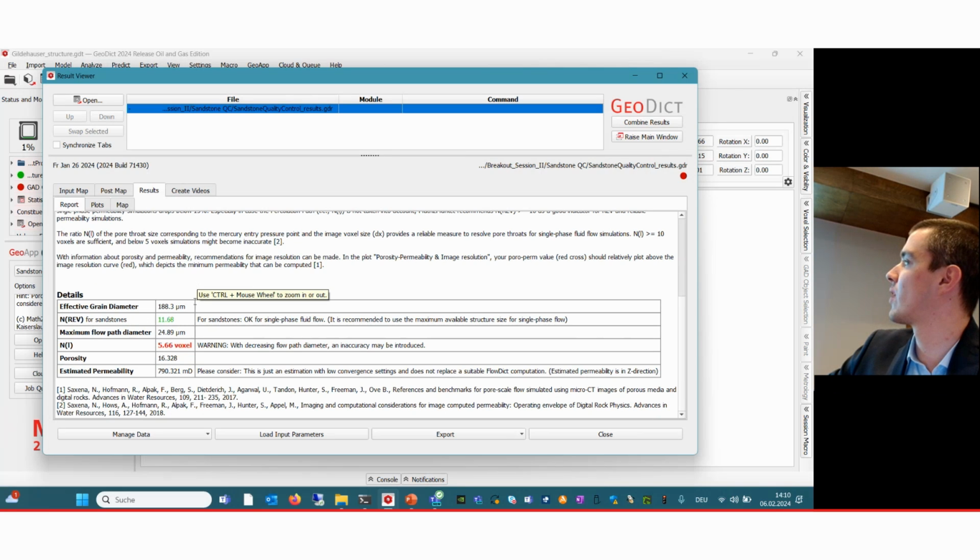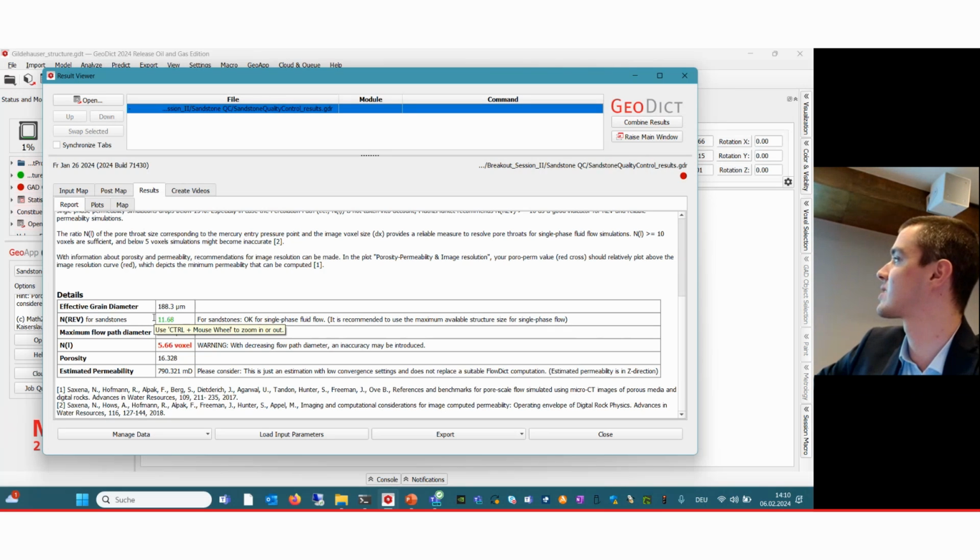So if we look at the results, we can see that this particular value, which I will go back quickly into the slides as well, of the length is sufficient, and that the voxel length to capture the dominant pore throat size is not sufficient in this case.